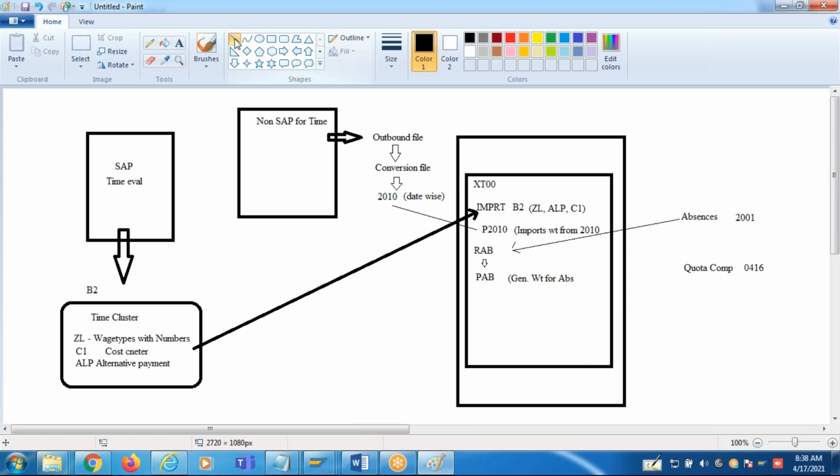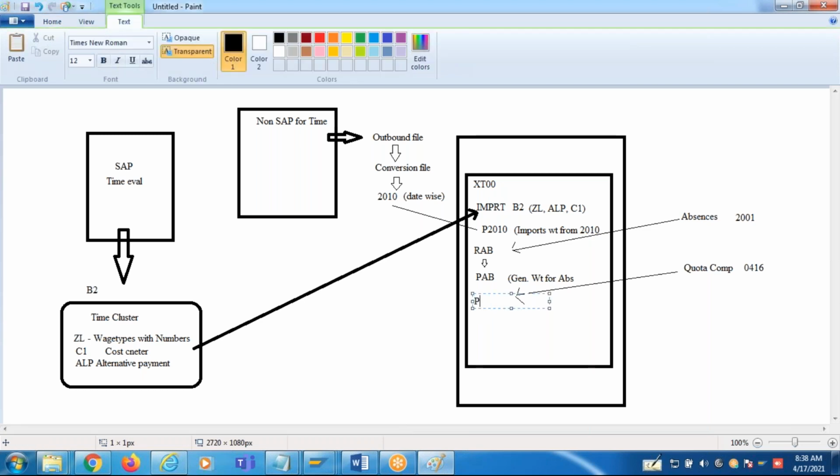So whenever you have to compensate, the same number of days has to be generated in payroll, imported in payroll. So there is a function that reads quota compensations, which is P016.